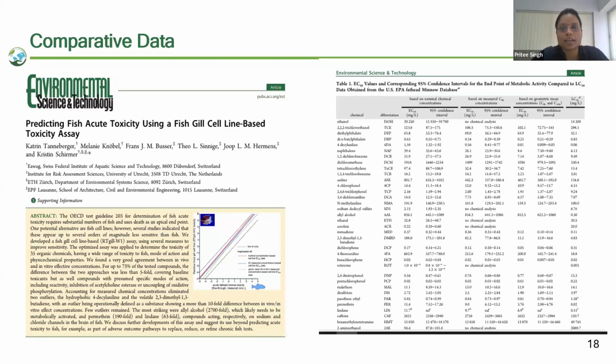And the neurotoxic chemicals, which act on ion channels, sodium and chloride ion channels, were also not giving a proper result, with around 190-fold or 63-fold differences for some chemicals, as they have mentioned here. So for neurotoxic chemicals and chemicals with endocrine-disrupting properties, this assay, OECD 249, is not up to the mark. But for other chemicals, we can rely on the data, we can compare the data, and we can say that they are accurate.